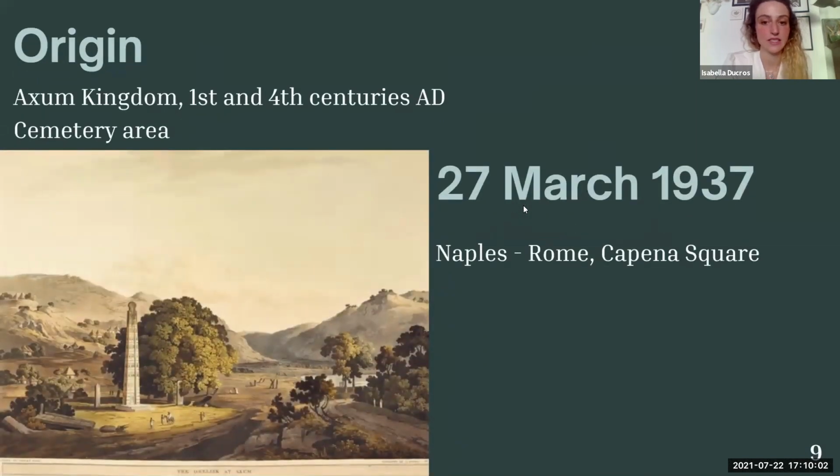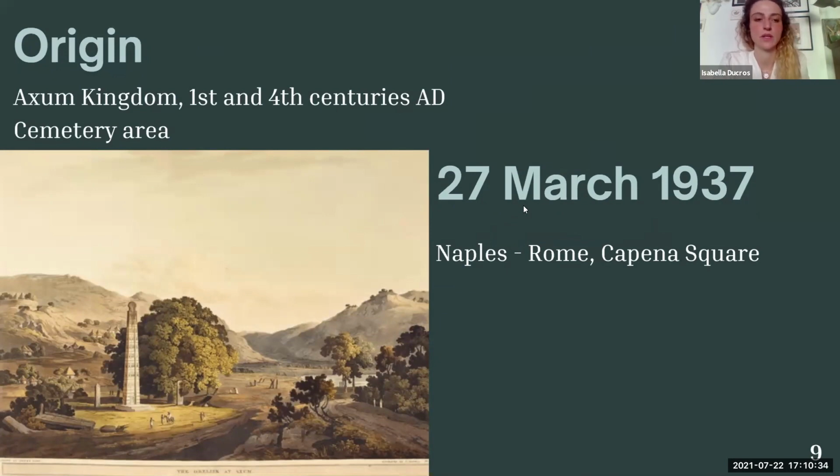The stele dates back to the Axum kingdom, specifically to the period between the 1st and the 3rd century AD, and was intended to mark the presence of the cemetery area. The stele marked the height of the Aksumite kingdom, symbolizing pride and recalling the richness of Ethiopia's great history. The monument, 23.5 meters long and weighing 150 tons, was transported from Axum to Massawa, where it was taken by sea to Naples